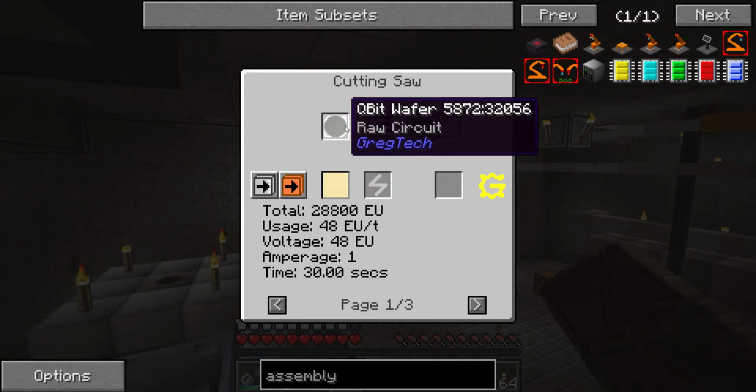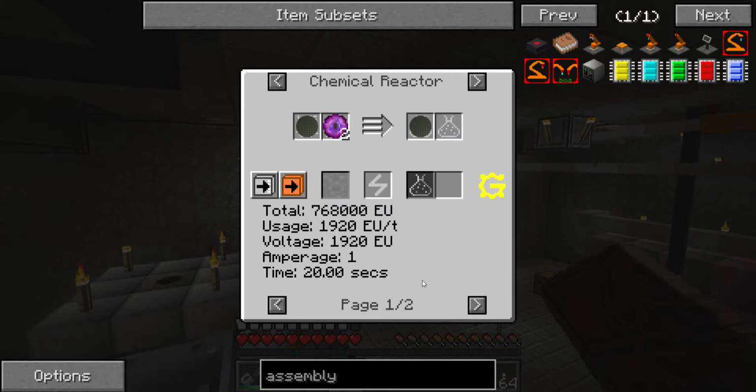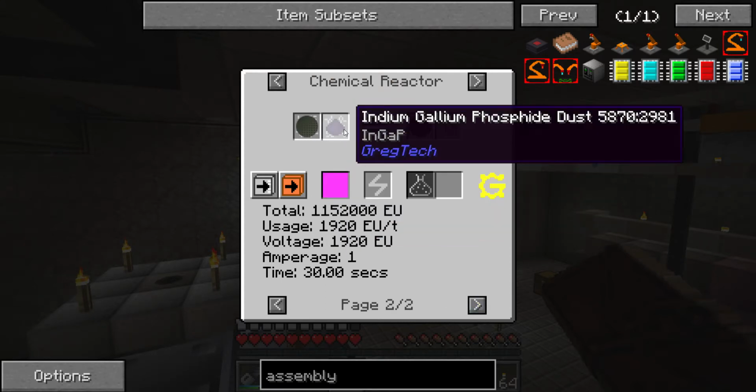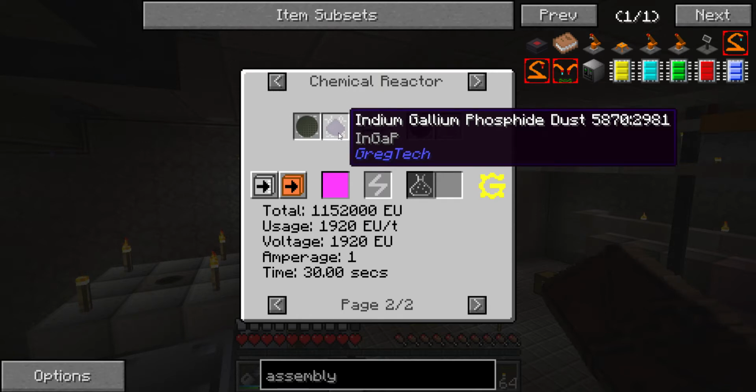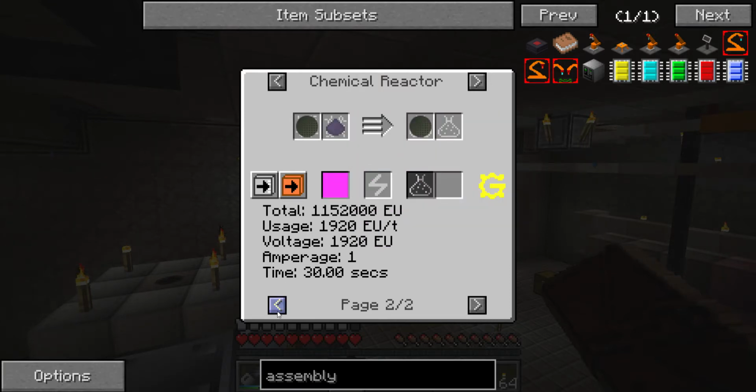To make a qubit processor, I need to make a qubit wafer. To do that, I'm going to need a shitload of radon. Okay, I need to set up a radon plant. Screw getting indium. I've looked at what it takes to get indium, and it's ridiculous, just to save a little bit of radon, when radon's essentially almost free other than energy cost. So what I'm going to do,